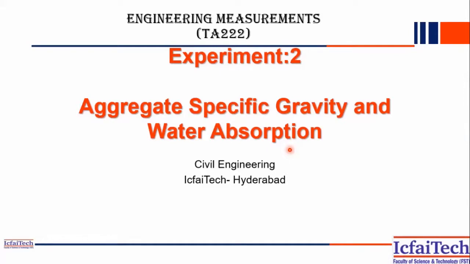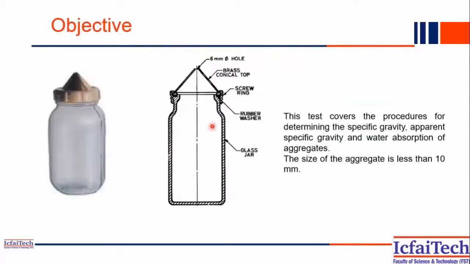In this present experiment, we'll be performing the aggregate specific gravity and water absorption test, because when the rains and everything happen to a structure, the aggregates try to absorb water from the outside. If more water is absorbed, then what will happen? Aggregates try to expand and many other issues will come. So before using a specific grade of aggregates, we have to understand whether the water absorption is too high or too low, or what could be the specific gravity of the aggregate. All these things are very essential to understand. So let's get started with this experiment.